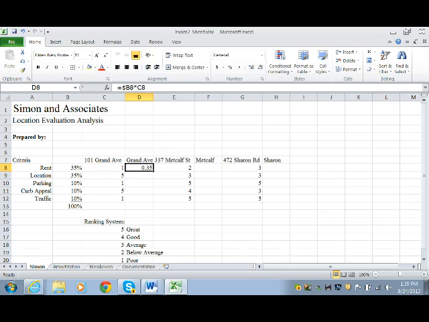So now I can copy it to the rest of the cells. And then again copy that formula to the other cells. Select all the ones that you want to copy and hit